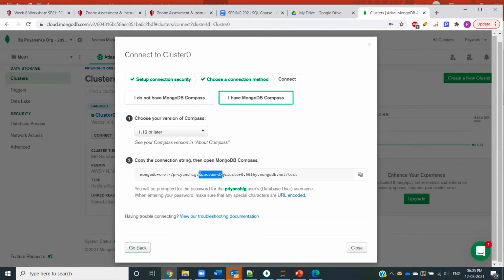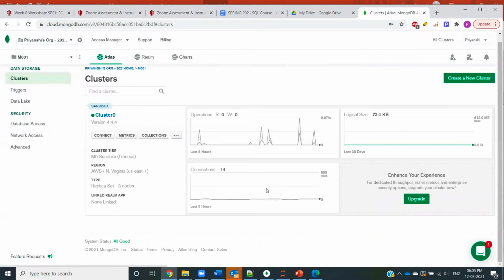This is the password that you will be adding in your Atlas cluster as a username and password. This is the username, which is Priyanshuji in my case, and the password is something that you know because you are the owner of the cluster. Once you put these details inside this string, you'll be able to use it for your demo.